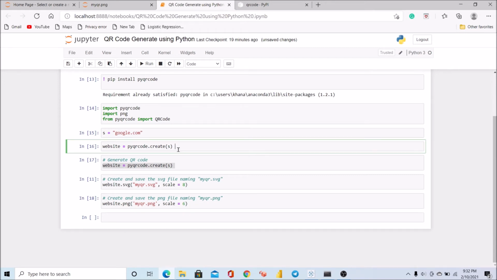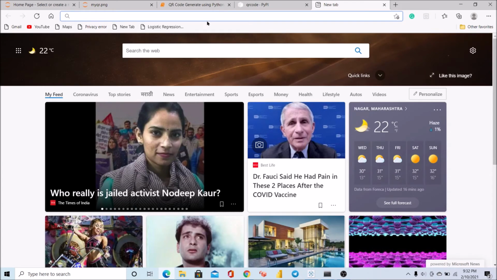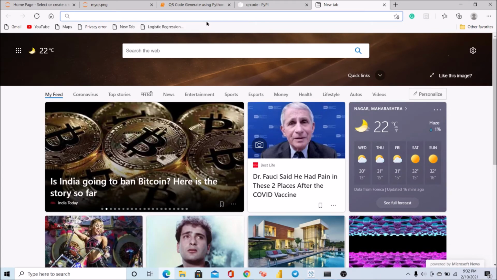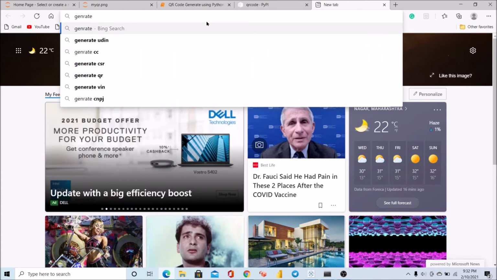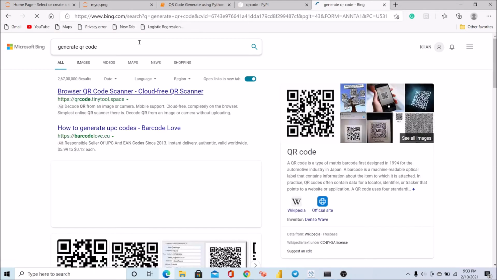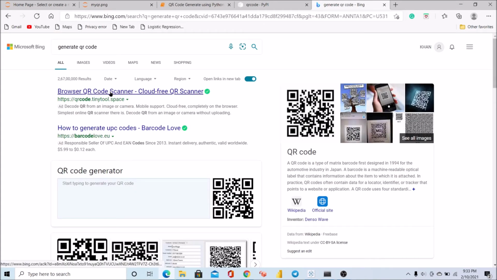There is a mini website for generating QR codes. Let's see. Generate QR code. Okay, there is a website to generate the QR code, so let's see this website.